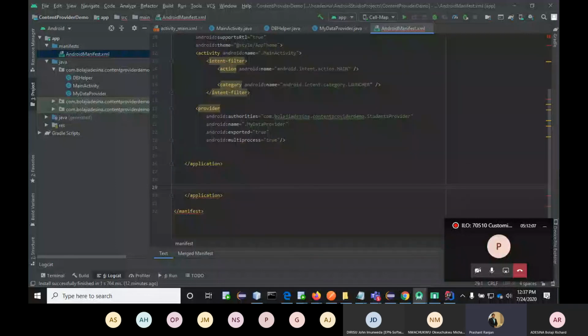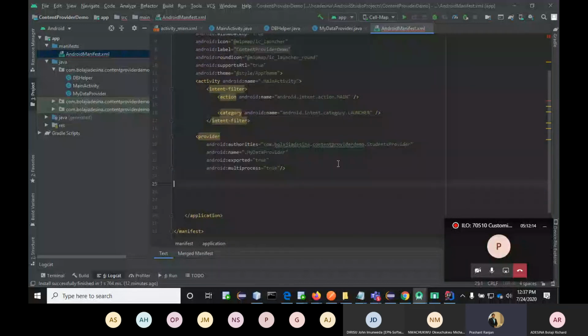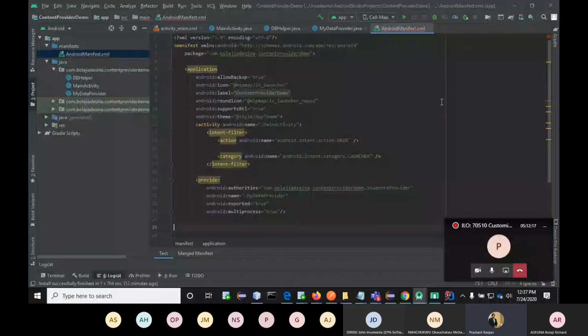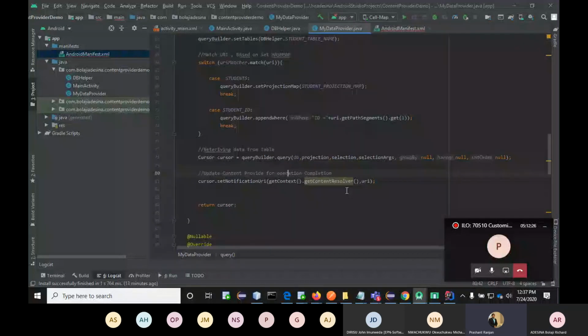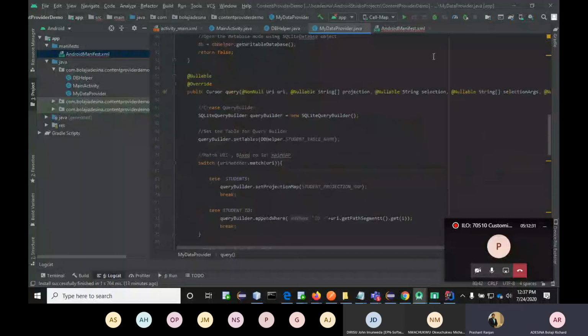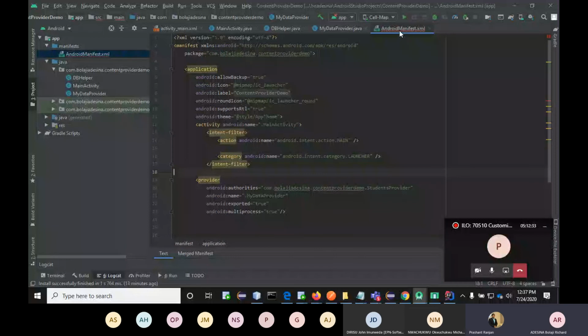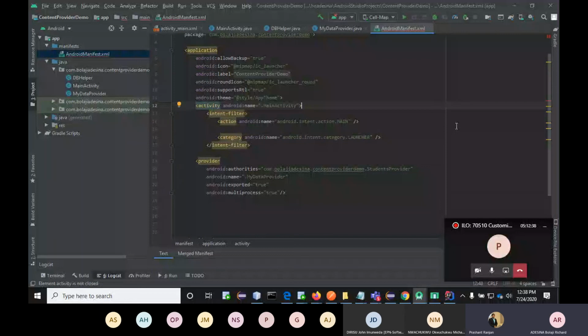Is it the same? Open your DB helper, your data provider class. Yeah, it's the same. Okay, try to run. And the manifest is showing some error. Check it out. You have to keep it after the activity tag. You have kept it inside the activity tag.